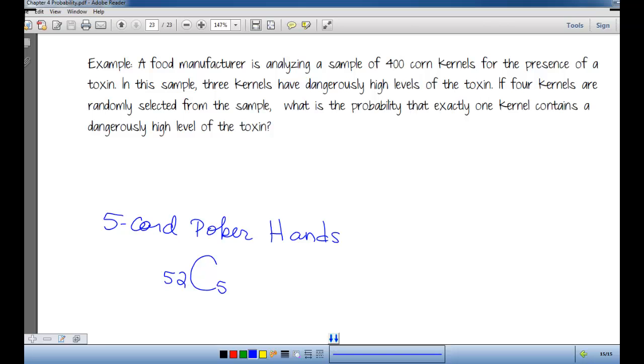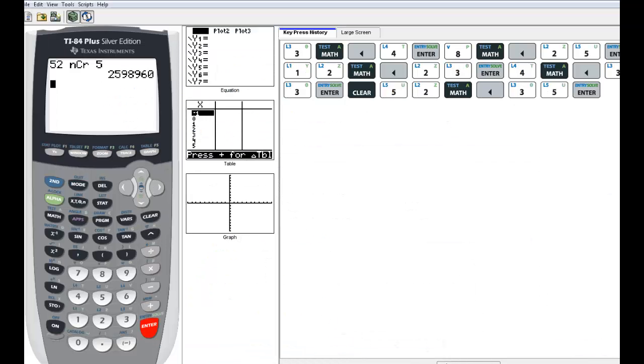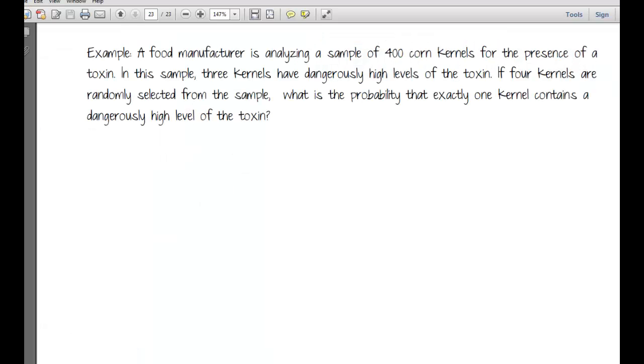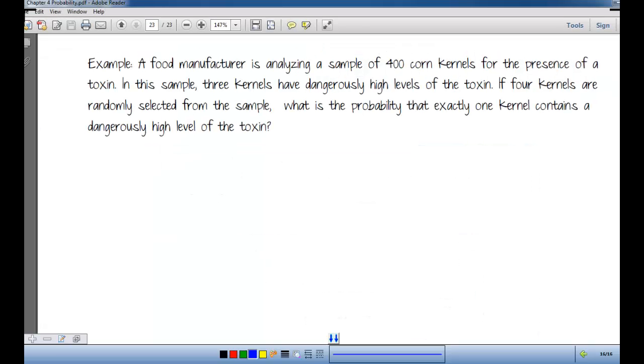Okay, so we're interested in the probability of getting 1 of 4 with toxin. Okay, and if I go back and think about my classic formula for probability up top, I need to know what? That have what? How many toxins? 1. Okay, so the number of ways